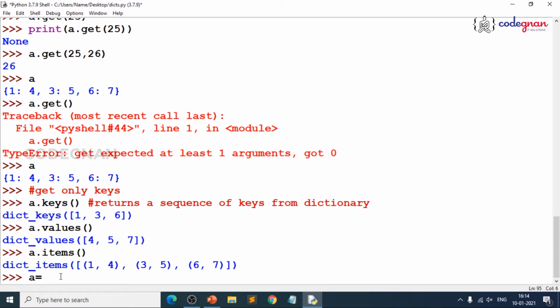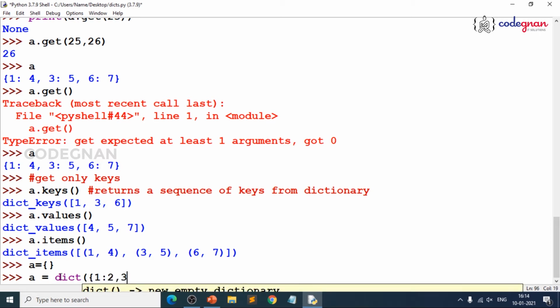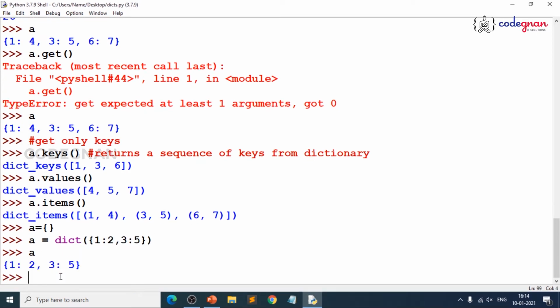We have multiple ways to denote a dictionary. You write like this, it becomes a dictionary, or you can do a is equal to dict of, and create it like this. Don't get confused, because there are multiple ways. If you use a built-in function, it's fine, but it is not needed from the beginning stage itself. Python is for anyone, even if you don't have any background. If you are good at logical thinking and know how to use a laptop or computer, it's fine. That is my word, because by the end of the course, you will be able to build your own module and create your own programs. I can easily guarantee that, and I will make it very simple.